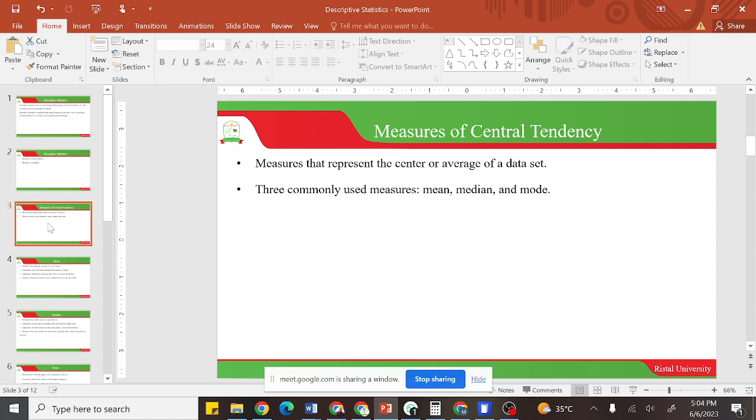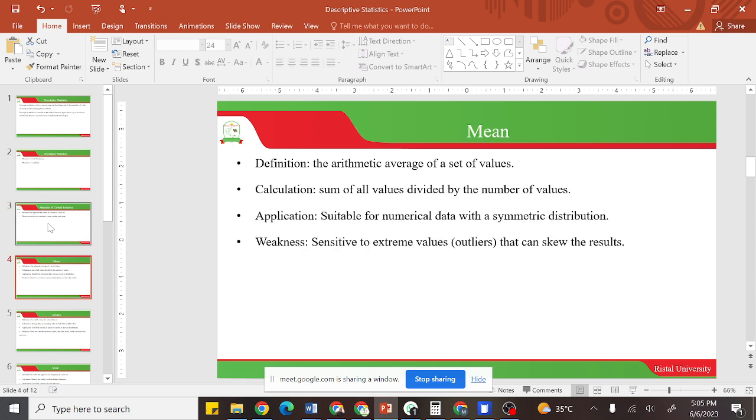With measures of central tendency, we want to see the different data points, how are they closer to the center? We are basically looking at the average of the data set, and we look at three major measures: the median, the mode, and then the mean. So let us start by looking at the mean. The mean is what we often call the